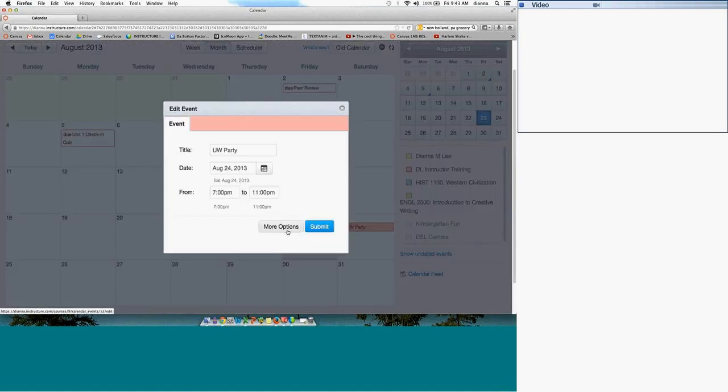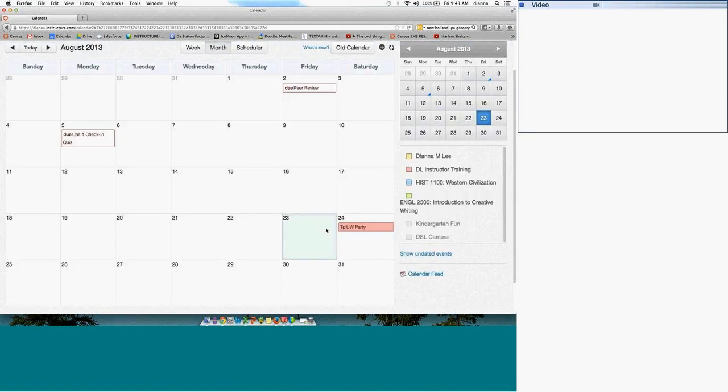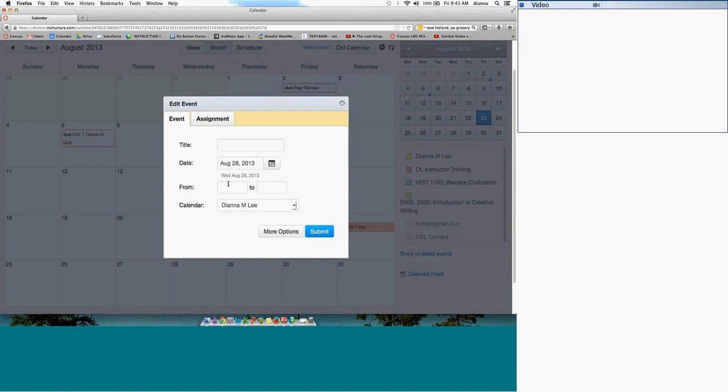There are also more options that you can click on where you can put the details, the map. So you could put a lot more details in the more options here as well. I can also add an assignment to my gradebook. Again, I click the date that I want it in the assignment tab, and I can say UW assignment 1. And I can also hit the more options down here below to put all of the assignment details,